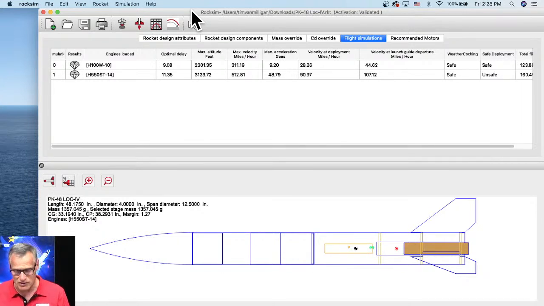And the answer is pretty simple. What I would do, I would first look at the current weight of the rocket that RockSim predicts, which is right here. And then weigh your rocket, and say you weigh it and it's a little bit heavier. Say it's 1,400 grams instead of 1,357. So what you would do,